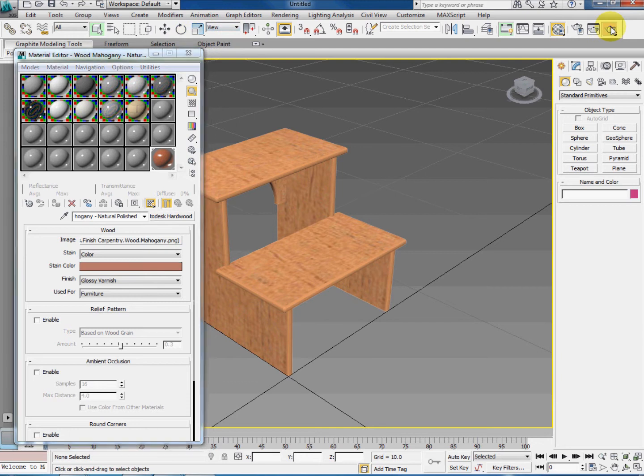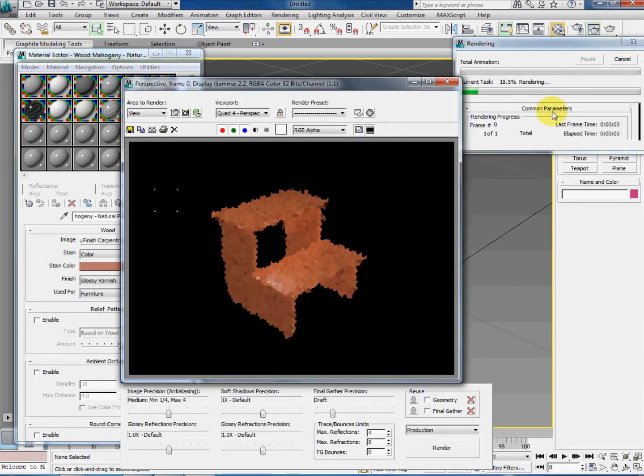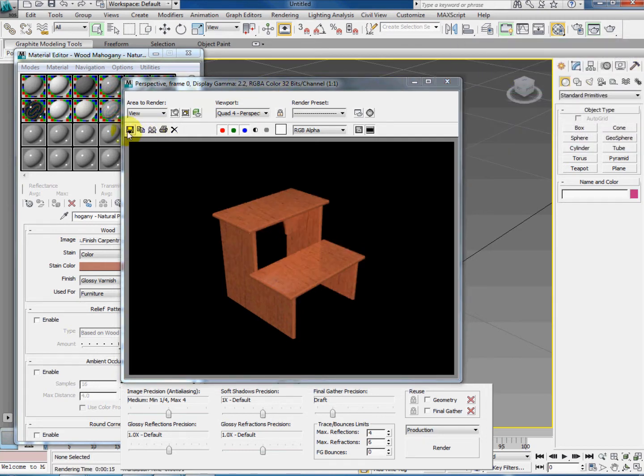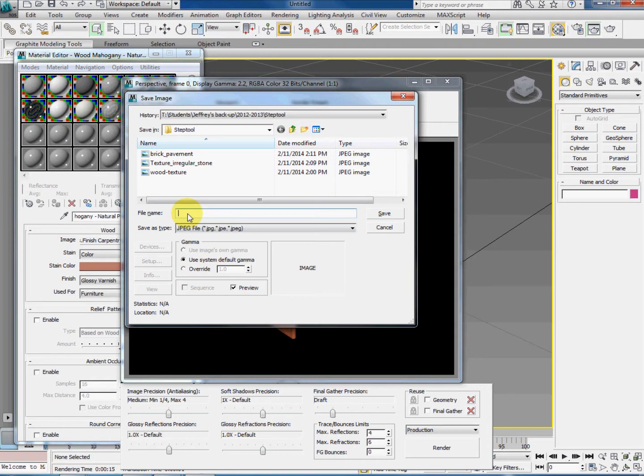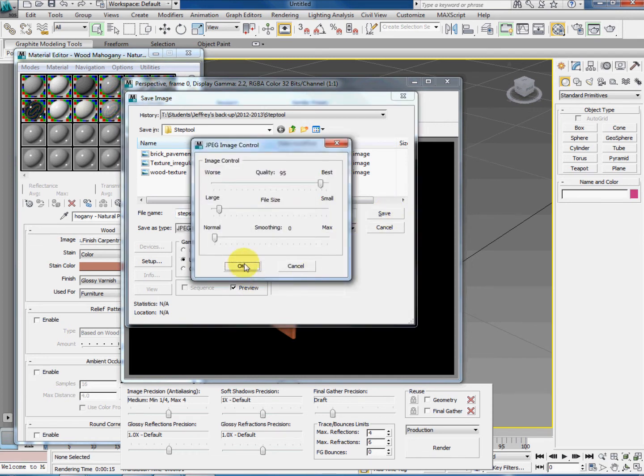Now, I'm going to grab a texture from the internet after I render this. So take a look at it, and you can save it after you render it. Right now it's just going to be a black background. So save it as a JPEG file. Alright, once I save this, I'm going to go on the internet and type in